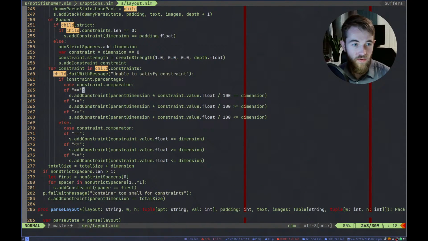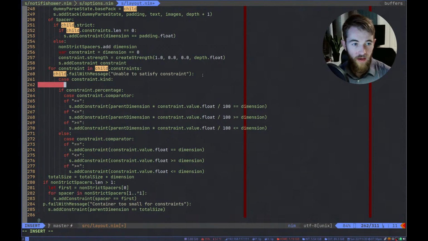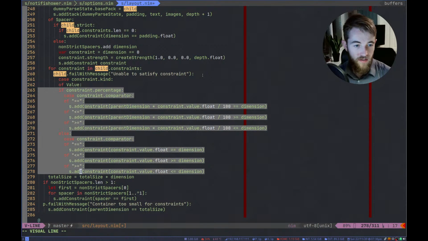So we can do, if constraint of percentage, add a constraint. So this whole thing only applies when it's the value. So if constraint.kind is value, actually no. Case constraint.kind of value, then do all of this.